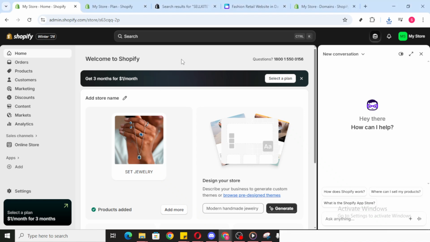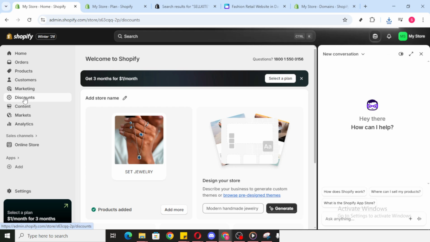Start by opening the Shopify website in your browser and signing in to your Shopify admin. From the admin dashboard, look at the left-hand menu and select Discounts. This is your hub for all promotional codes and automatic discounts. Inside, you'll see any existing discounts and a button to create a new one. Click Create Discount. You'll be taken to a setup page where you define what your discount does and how it